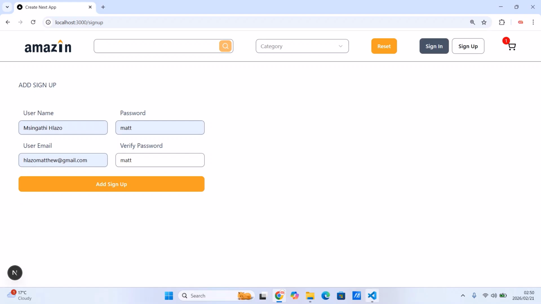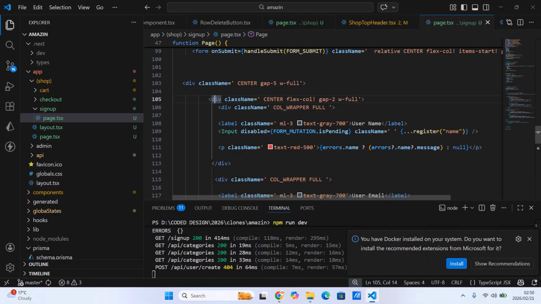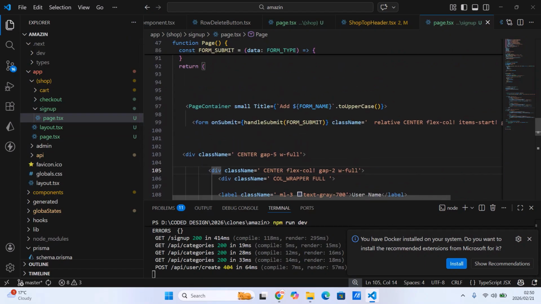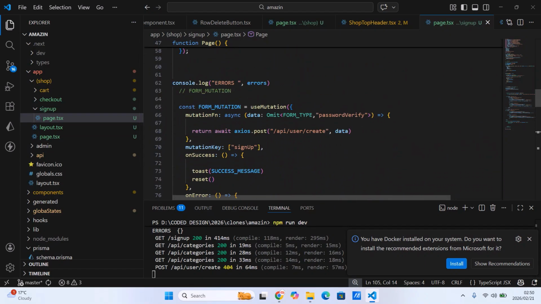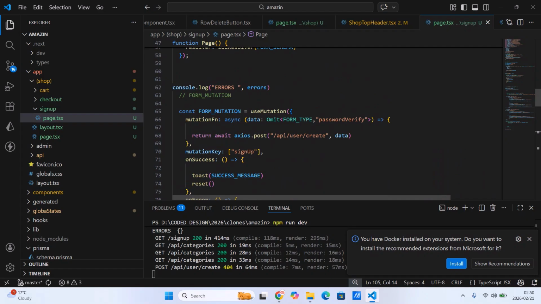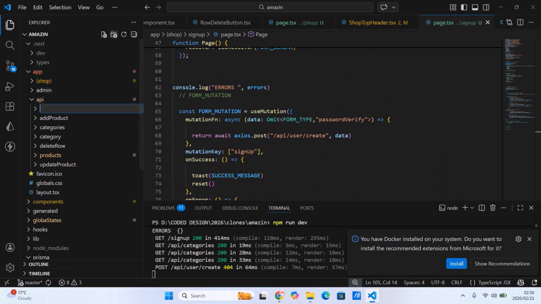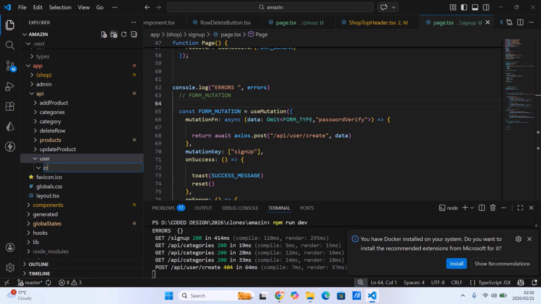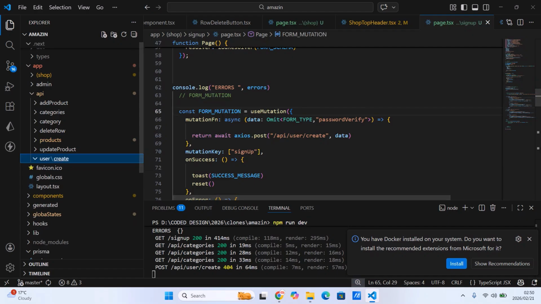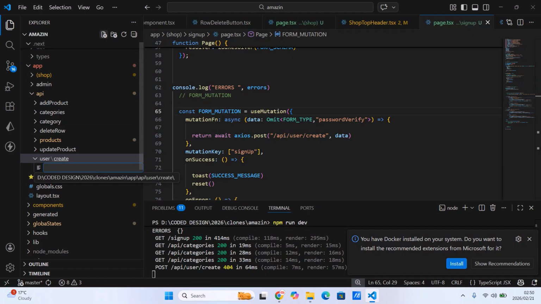So let's go to the back end. What we want to do in the back end is create a route. We want an API route, which is user create. So let's go to the API, user, and then create. And then we want